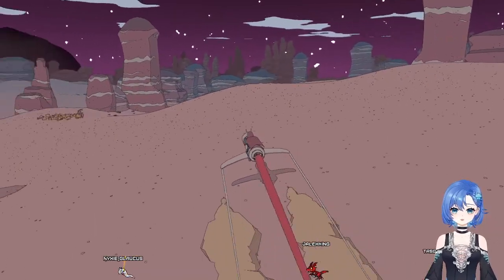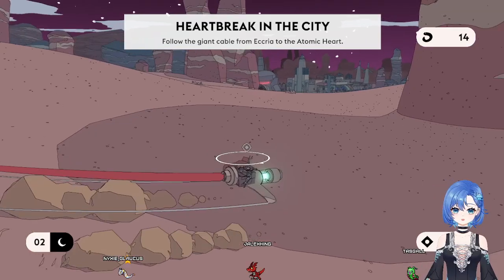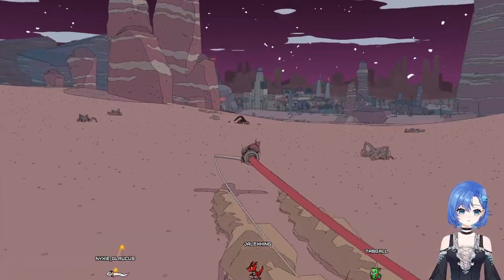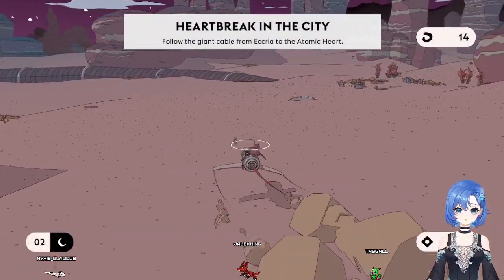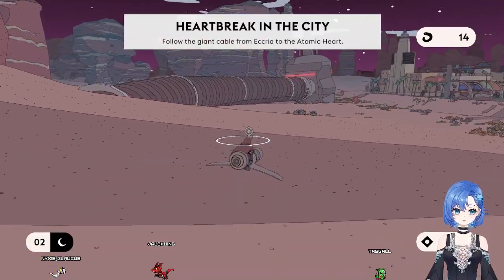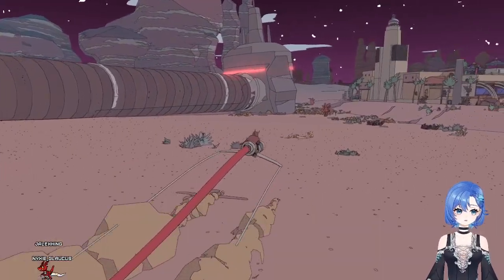Another skeleton. There goes my attention span again. I was supposed to follow the little cord in the ground. So it's that way. What's it doing? Am I supposed to go inside? I guess I'm supposed to go inside. It did say to follow it first, but...